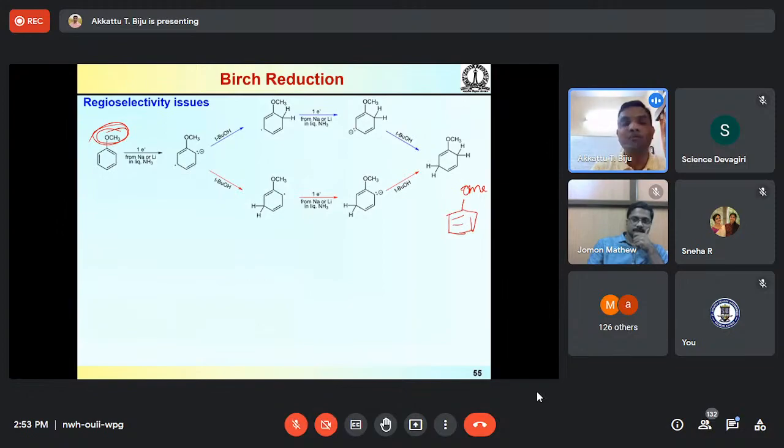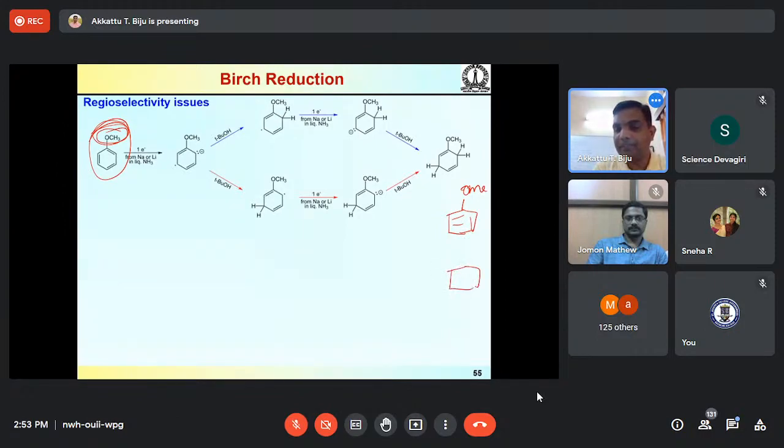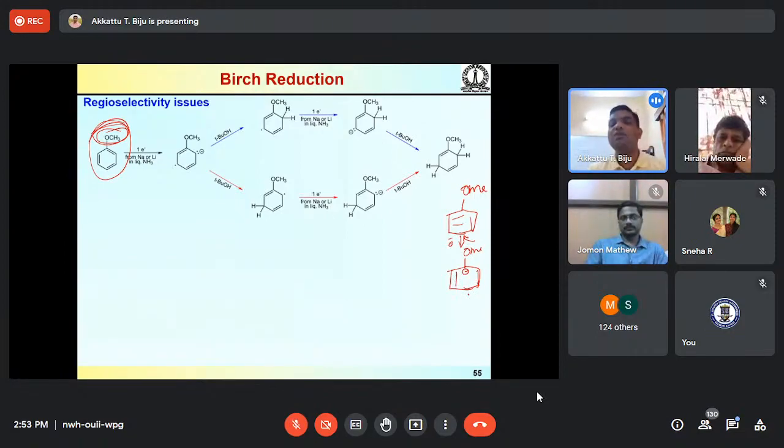When we add an electron to this anisole derivative, say suppose we add an electron at this carbon, then you will be generating a radical anion like this. So the only thing we have to remember is that if you have an electron releasing group